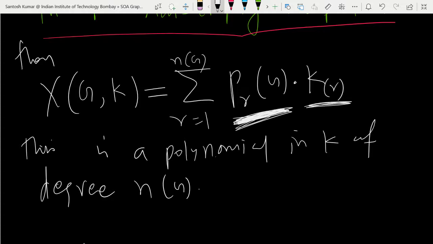So R is from 1 to, like, if you have one partition, only one partition, then you will give everyone the same color. If you have two partitions, you will use two colors. If you have three partitions, you will use three colors. If you have four partitions, you will use four colors. So that is KR, meaning you have R partitions and K colors. So you will break K into K minus 1, K minus 2, till R terms.